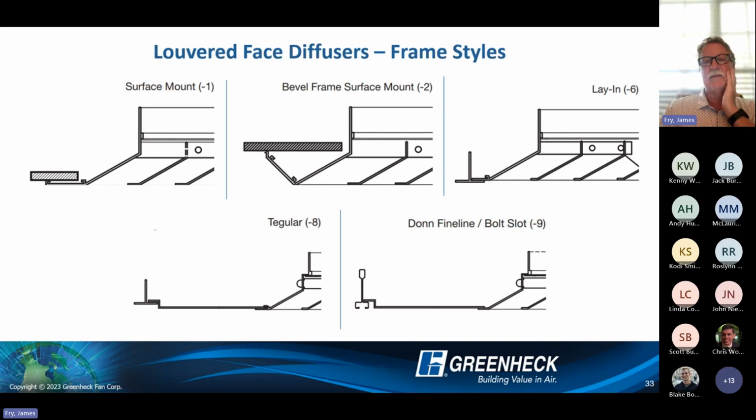Your ceiling opening is the exact same size as the neck size of the diffuser, and it adds a smudge ring, so it's added protection for your ceiling. If in fact this was a fire rated application where you're using a steel diffuser and you're adding a radiation damper to that neck, frame 2